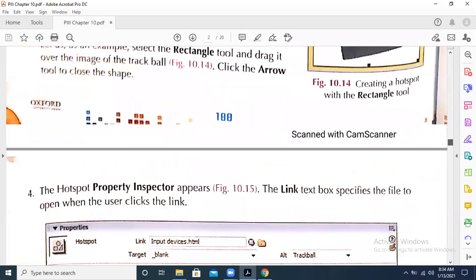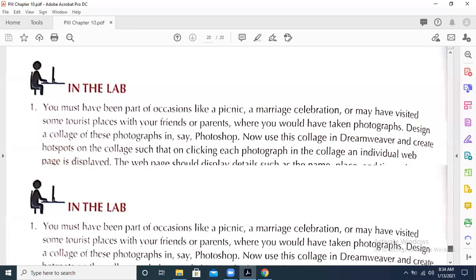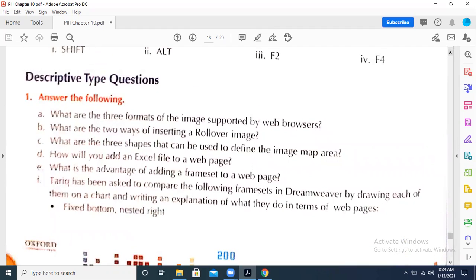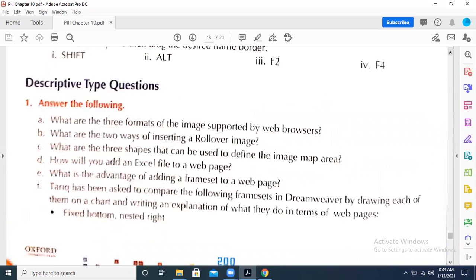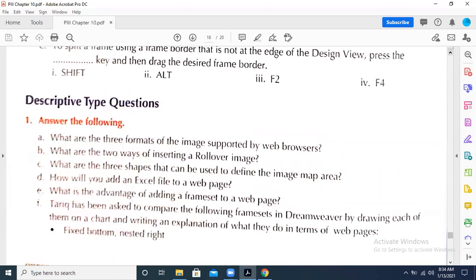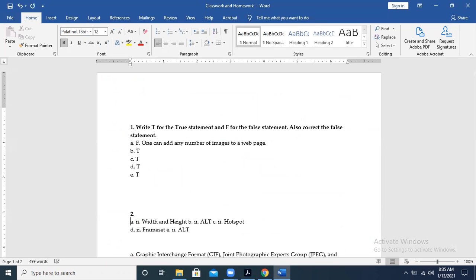So now I am going to give you another one, which is question number 2 that I am going to give now.